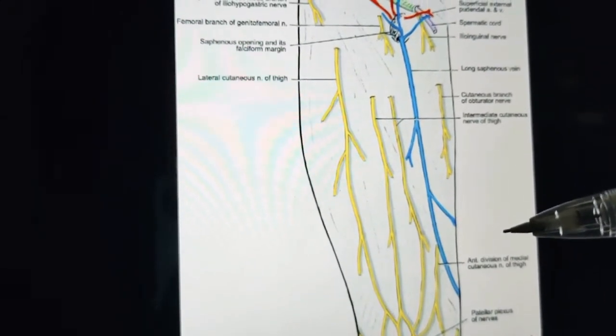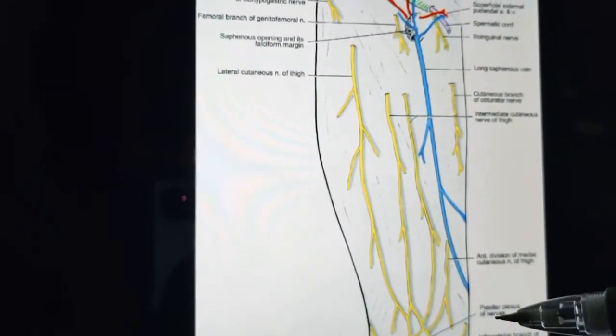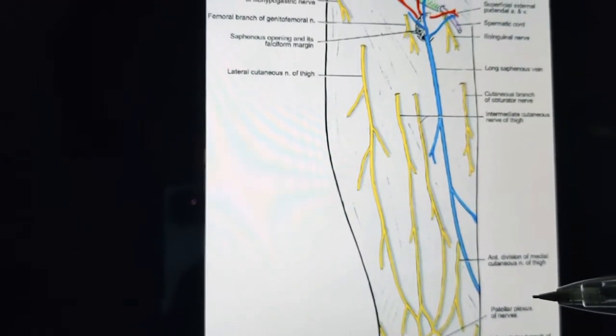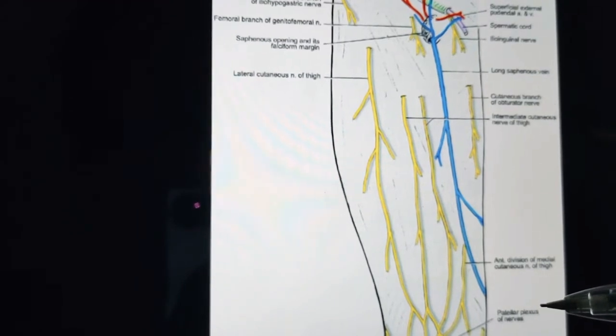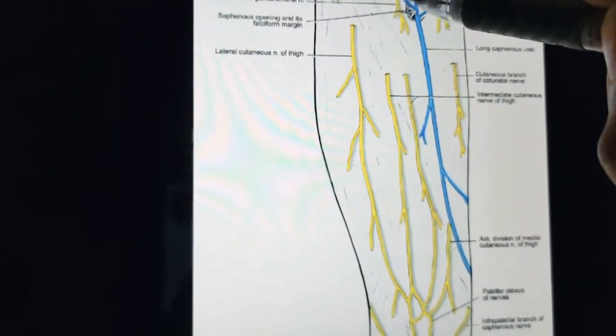So it is traveling from the dorsum of foot from medial end of dorsal venous arch and runs upward in front of medial malleolus along the medial side of leg and behind the knee. Next, in the thigh, it inclines forward to reach saphenous opening. You can see this is a saphenous opening. So it reaches the saphenous opening in the thigh anterior compartment, right? And it pierces the cribriform fascia and opens into the femoral vein. So finally, it opens into the femoral vein after piercing this cribriform fascia here.